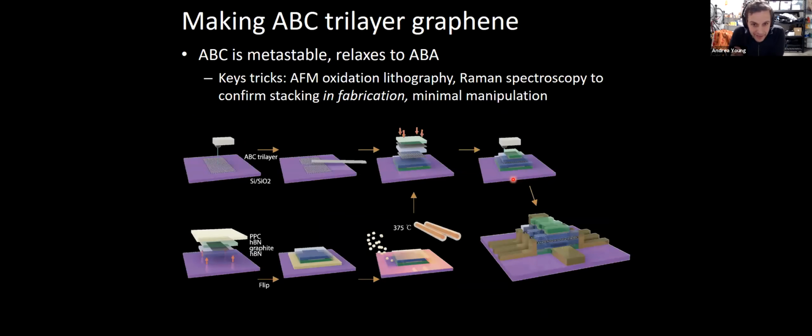So it turns out, just a note to the experimentalists, of which I see a number in the crowd, this is rather difficult to do. In particular, ABC is quite metastable. It likes to relax to ABA. There are some tricks that we've developed, that we'll put in a preprint that we should release relatively shortly, on how to do this in a way that at least is compatible with a reasonable device yield and allows us to incorporate these devices into the fully graphite gated and boron nitride encapsulated structure that we want to make everything very clean.